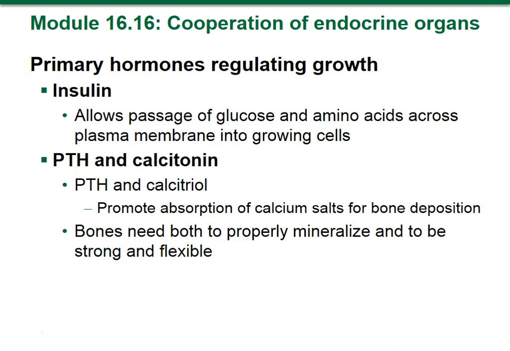So these are the hormones that are regulating growth. Insulin allows passage of glucose and amino acids across the plasma membrane into a growing cell. If you're not getting enough insulin into those cells, they will not grow. That's the energy, that's the food source. Parathyroid hormone and calcitonin are involved. In this case, parathyroid hormone and the calcitriol that's released as a result promote absorption of calcium salts for bone deposition, so your bones get thicker and grow. For proper mineralization,